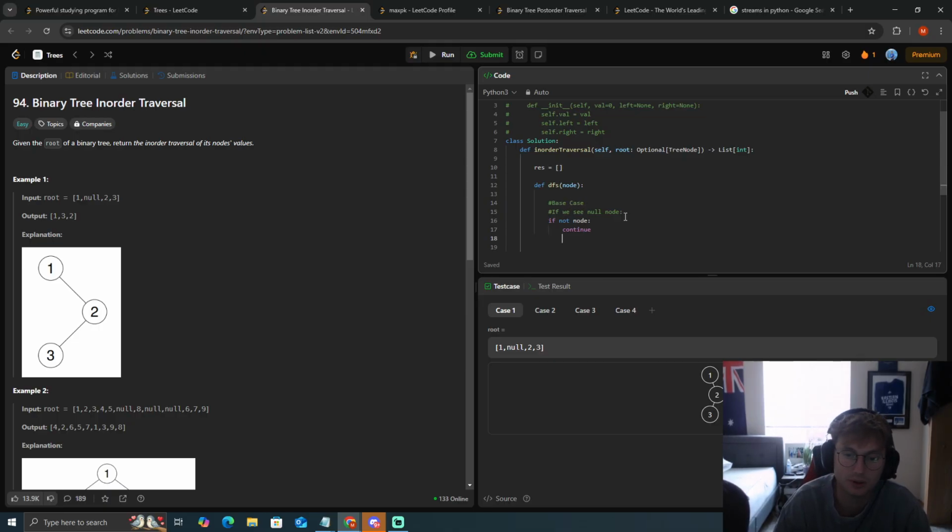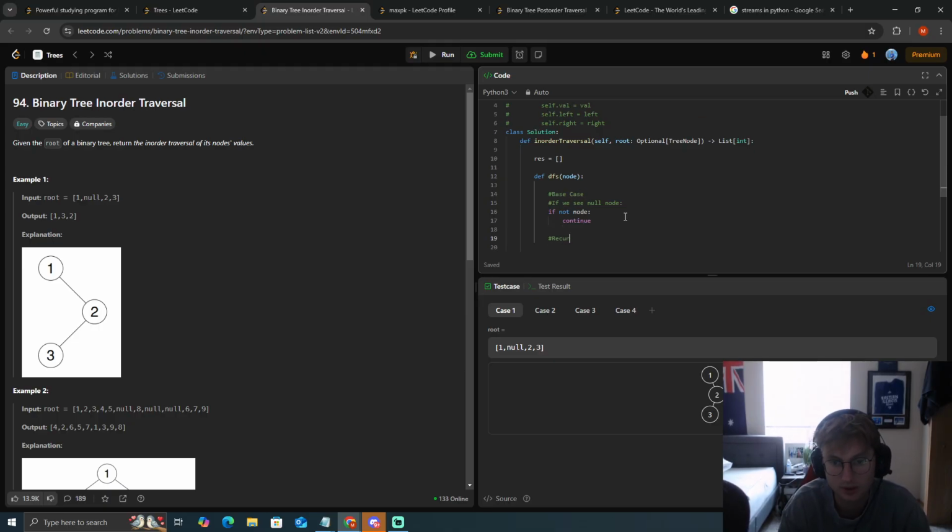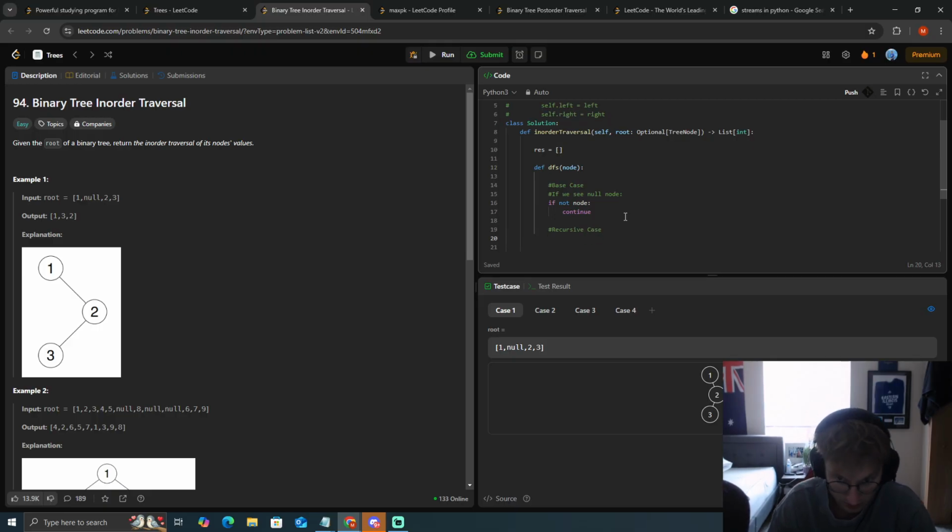And then we want our recursive case where we loop over. So in this case, how would we do it if we want to traverse the left subtree first? Well,